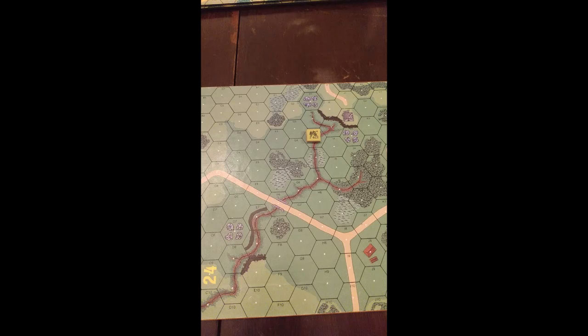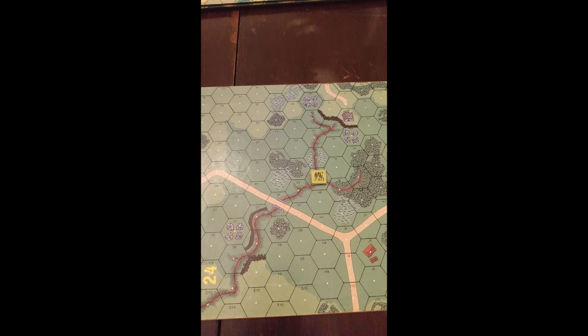Now, if we continue in the gully to H4, this is a brush gully hex. It would ordinarily, if this were an open terrain hex with a gully in it, take 2 movement factors. But because we're not only going through the gully for 2 movement factors, we're entering brush, it's going to cost a total of 4 movement factors. So H4 gets us 4 movement factors. H5 in the gully is 2 more movement factors.